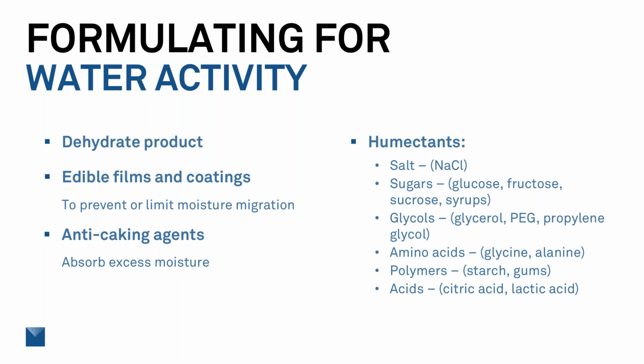Then we have sugars. Sugars are also very effective at that. Glycols, like propylene glycol and things like that, are good humectants. Amino acids, polymers. Polymers are interesting. They're not quite as effective. These last ones here are not quite as effective as sugars and salts and some of the glycols, because starches are really long. They have water binding sites on them, but because they're so long, they wrap around each other and hide those binding sites. So even though they have the capability, they just don't have them available. They're not as effective, but they do have some good humectant properties. And then lastly, we have acids.